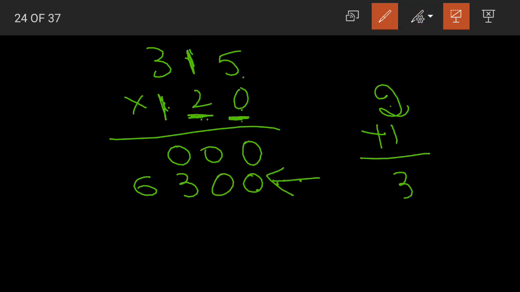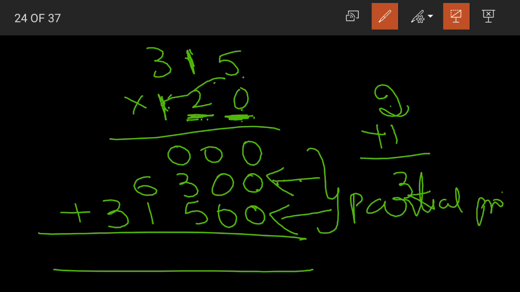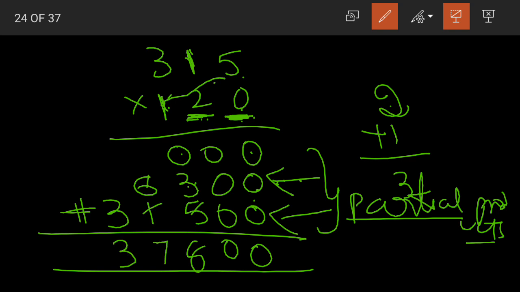Coming to the last digit 1, again a new digit, so start writing the product in a new line. Now first multiplying with ones. 1 five is, but again before multiplying we have 2 digits after 1. So place 2 zeros. Now 1 five is 5, 1 one is 1 and 1 three is 3. What are these? These are our partial products. Yes. Partial products. Now we need to add these partial products. 0, 0, 0 plus 3 is 3, 3 plus 5 is 8, 6 plus 1 is 7 and 3.